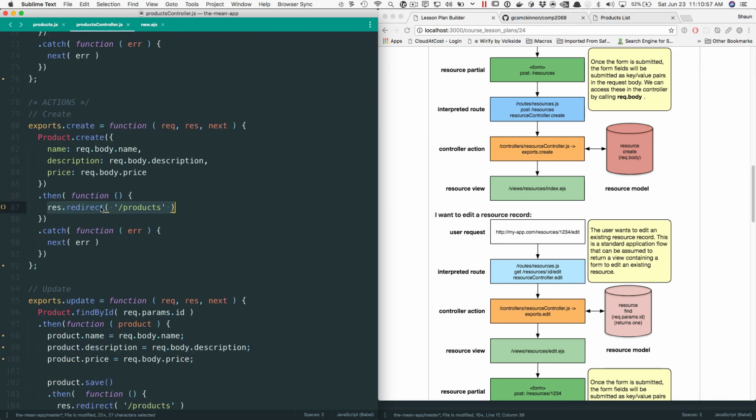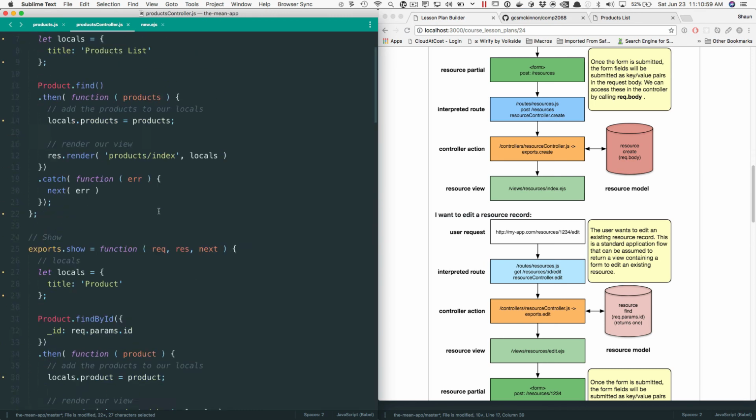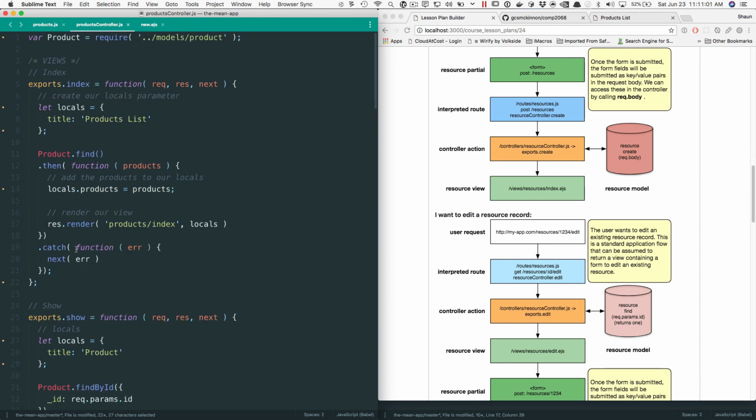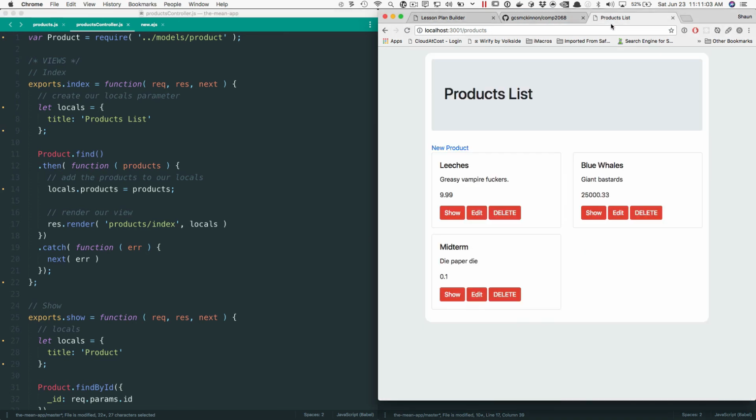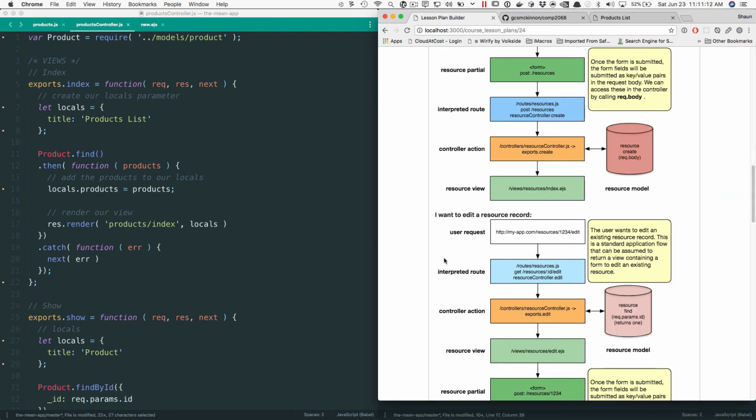So when we actually perform this operation, we're going to come right back up here and go through this process, which is going to display this. Okay? Pretty clean, pretty simple, easy to work with. So once again,